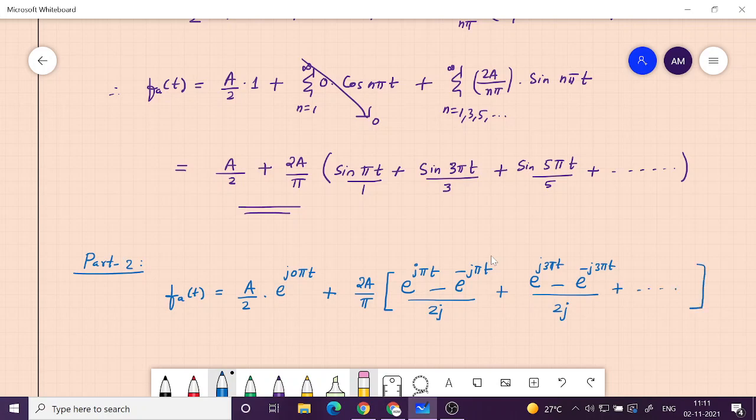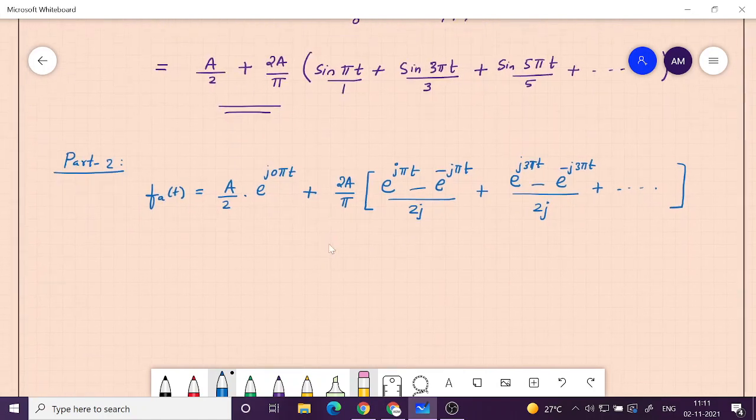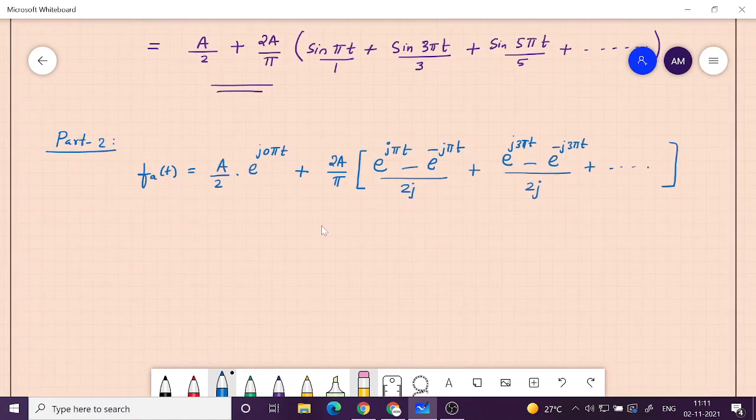Okay. So now what I need to do is just rearrange these. So for example, let me take the coefficient of e raised to minus j 3 pi t, this one. There is a minus sign there. There is a j here. Okay, there is one more thing. There is 1 into this, and then 3 into this. That is also there.